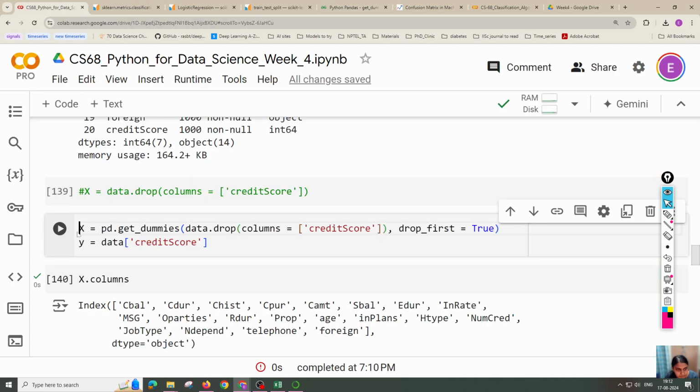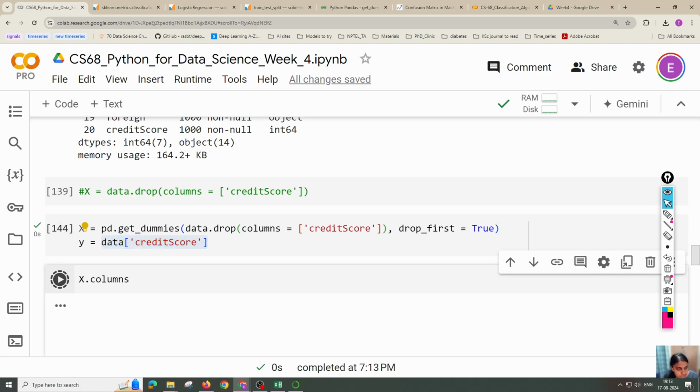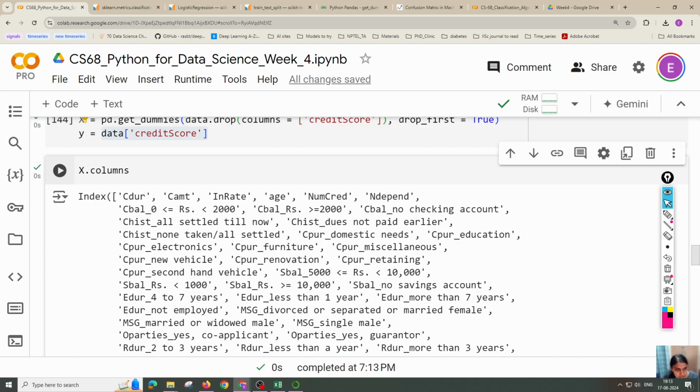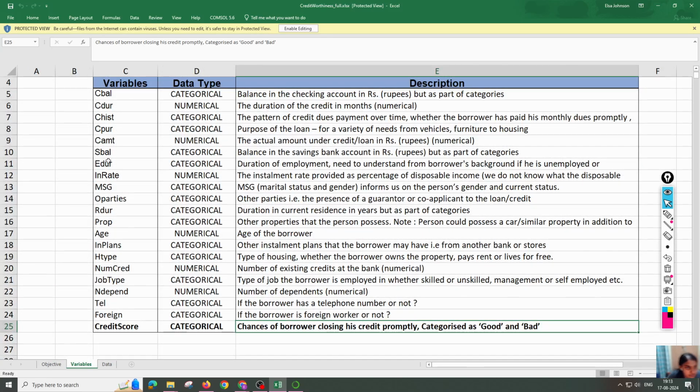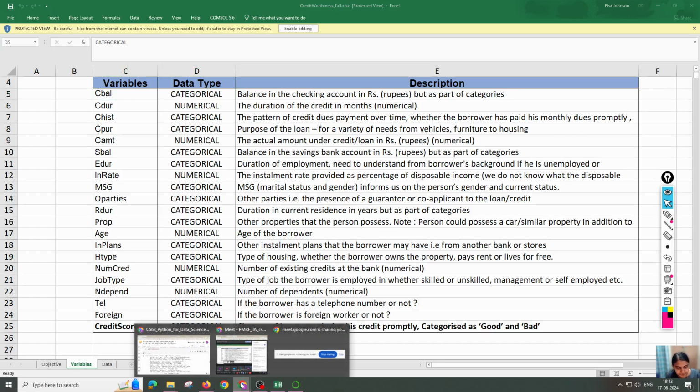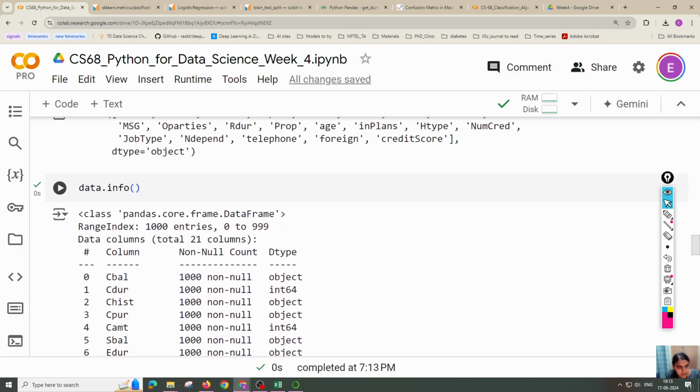So first we will do that for this one, and we are giving drop first equal to true. Drop first equal to true means the first dummy column will be dropped, okay. So we are giving x equal to pd.getDummies, and y means we just need the target variable in y, that's why y is just data of target credit score. Now if you do x dot columns, it will look in this way, see, c duration, c amount, interest rate, age, like that, and our categorical columns. So just our example, cbal was a categorical column, right? And in that cbal,